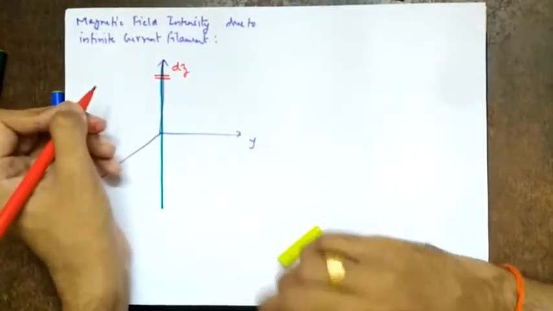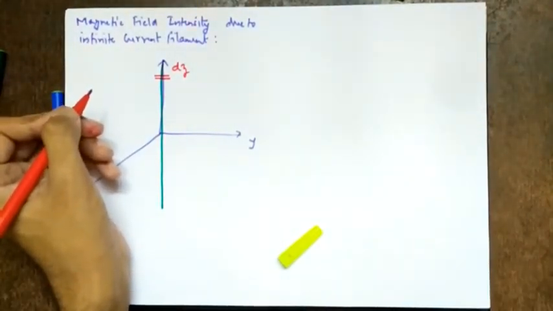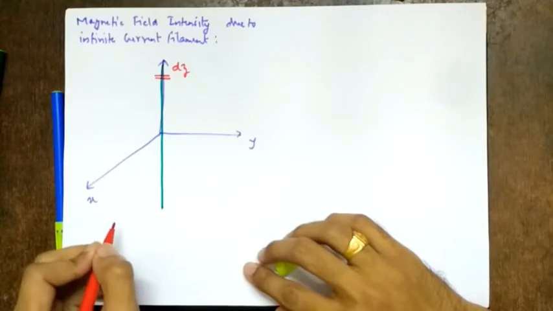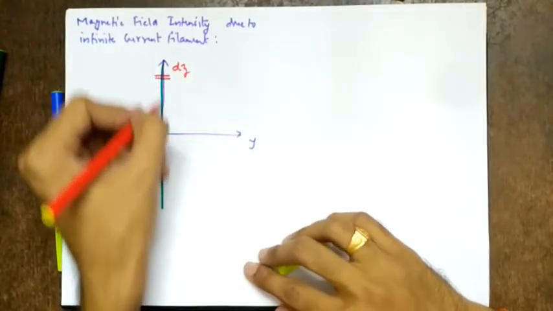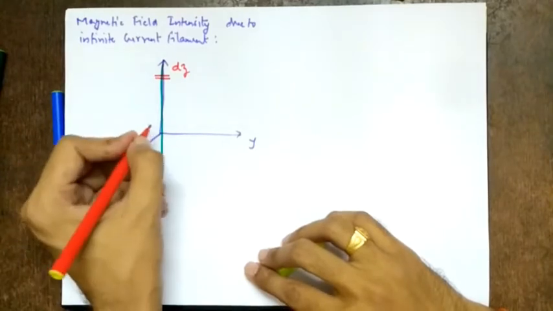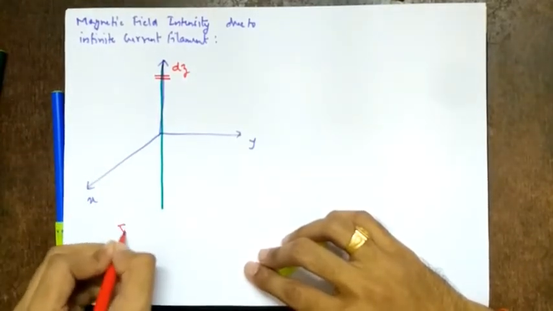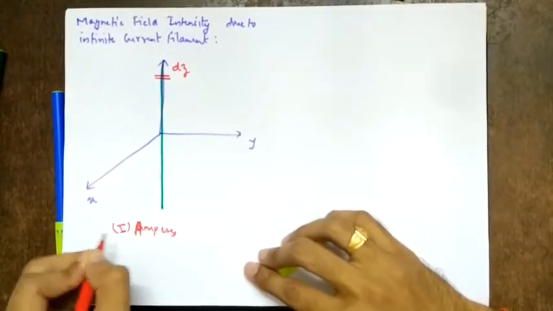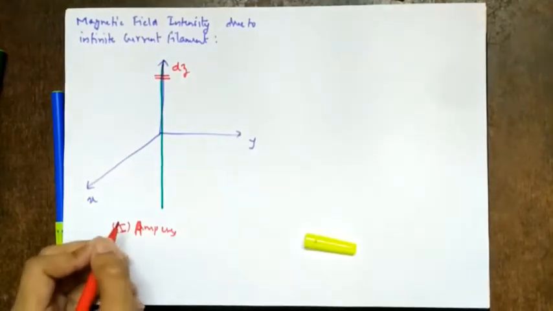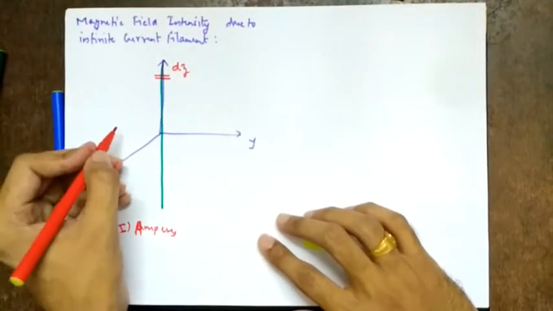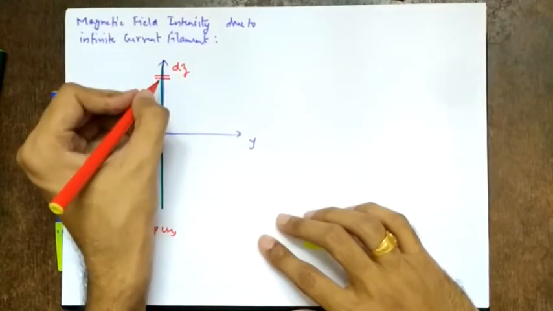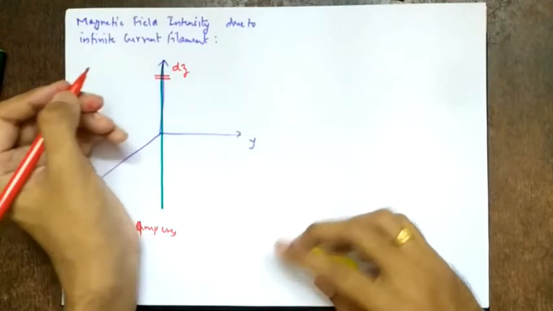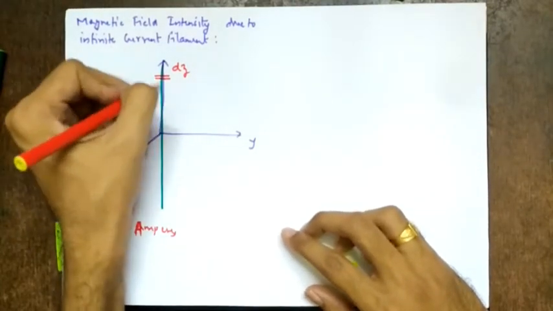This is the origin. So I will write this in the exam. How will we write the first point? Consider an infinite current filament placed along the z axis at the origin, having a current of, let's say, I amperes. This is capital I. Next, to find the magnetic field intensity, since the current filament is infinite in nature, we divide the current filament into very small segments such that each segment represents a magnetic charge.